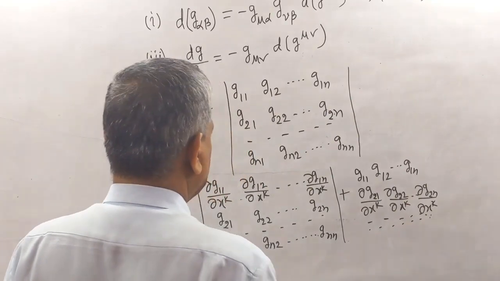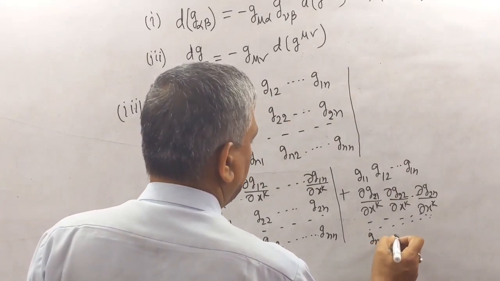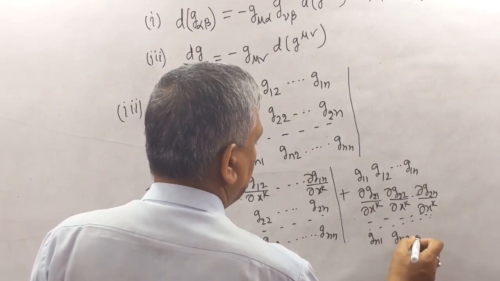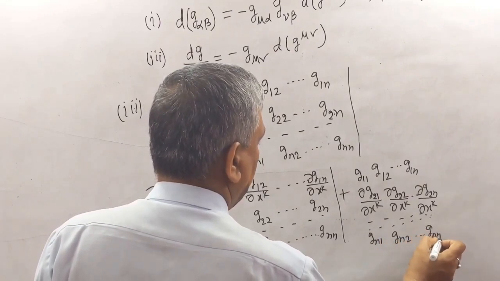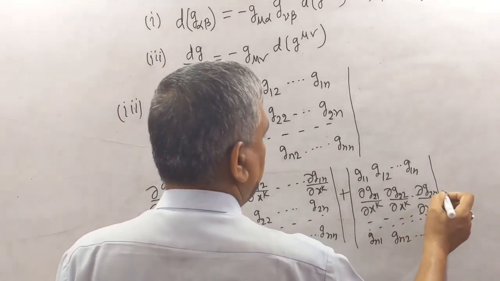Other rows remain the same, Gn1, Gn2, Gnn. And next we differentiate